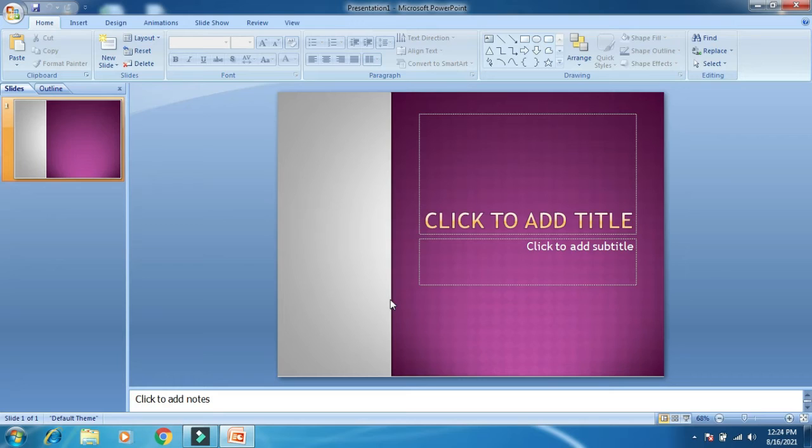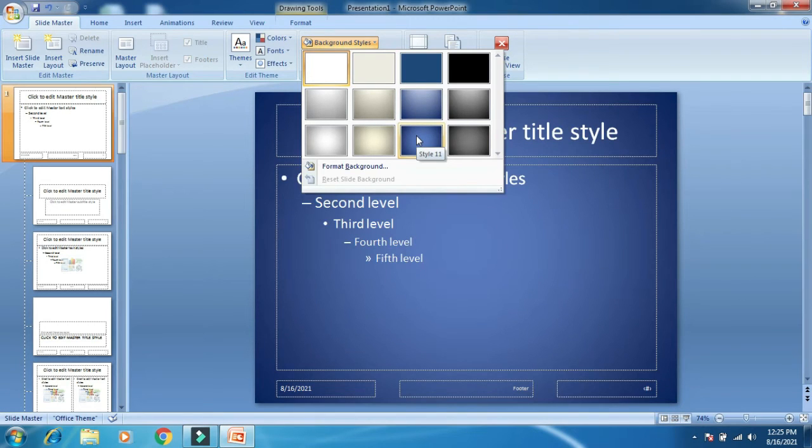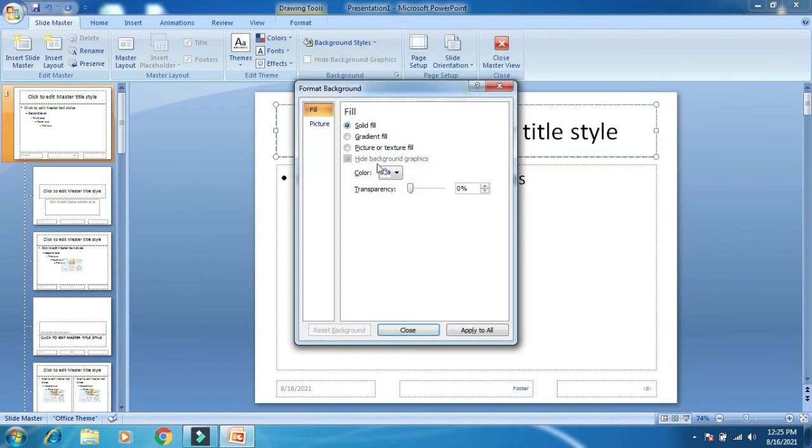Click on Insert, then see the different types of theme. To access Slide Master we use the View tab and then click on Slide Master, and see, in the Slide Master we have the first slide. See, this is Slide Master.